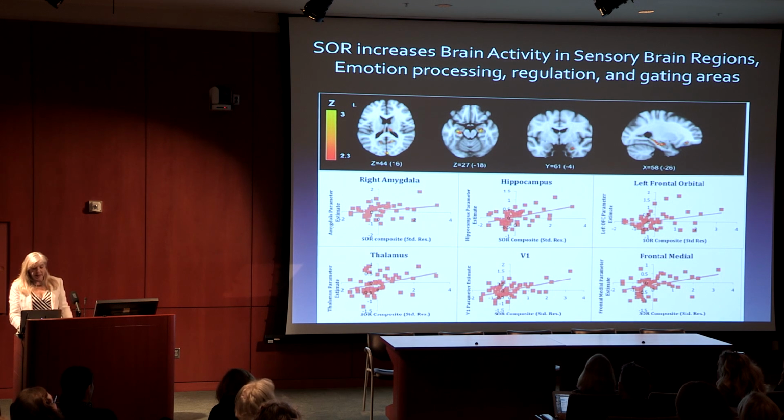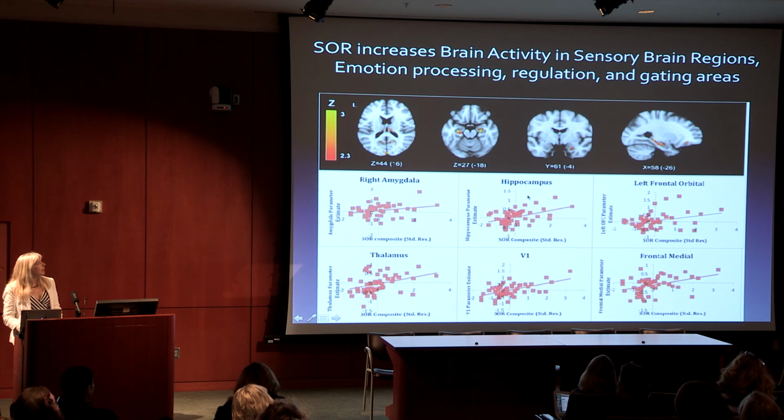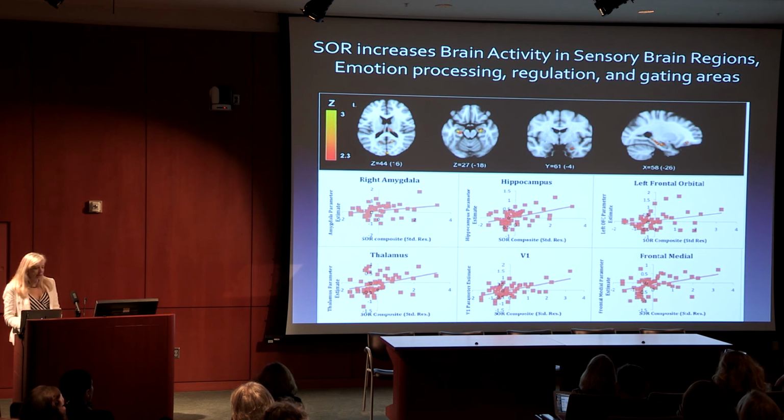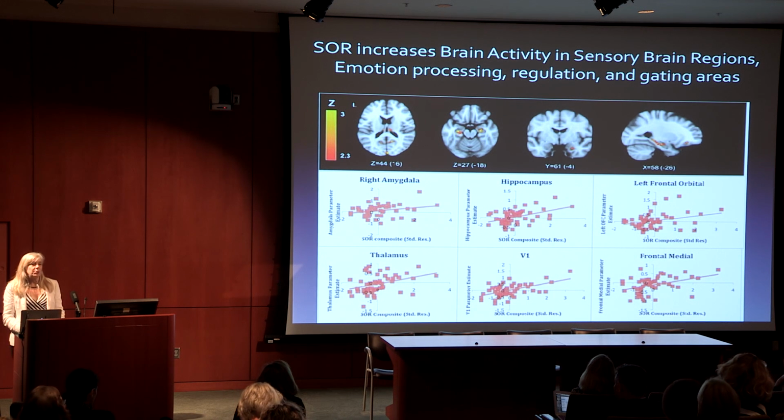This is a bit of a complicated slide with a lot of graphs, but I think that you can all see they say about the same thing. Here's what is really interesting. So this is looking at variations within individuals with autism and typically developing kids along a dimension of sensory over-responsiveness. So we have a series of sensory over-responsiveness questionnaires. And what we found was that the severity of sensory responsiveness was correlated with hyperactivity, not hypo, but hyperactivity in certain areas of the brain.